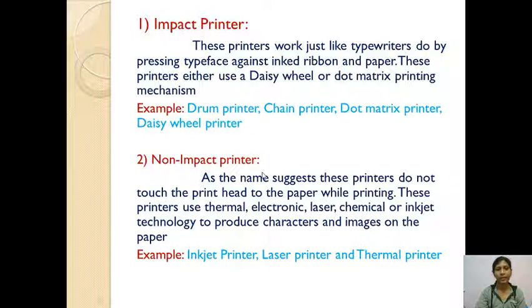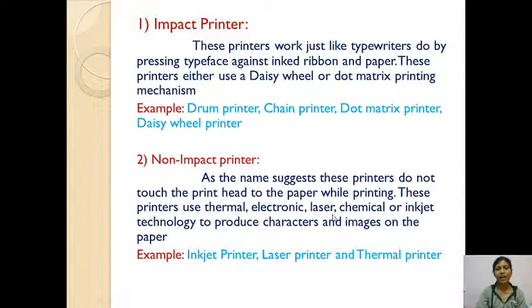Then the non-impact printer. What does non-impact printer mean? As the name suggests, these printers do not touch the print head to the paper while printing. In an impact printer, the typeface strikes against the inked ribbon and paper, so the head touches it. In a non-impact printer, the print head does not touch the paper while printing.